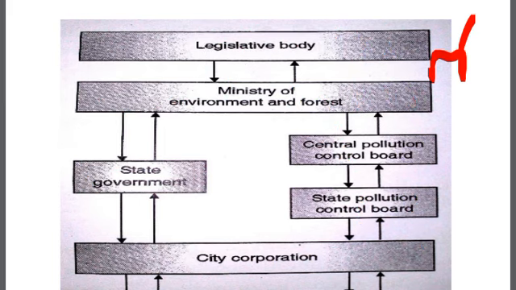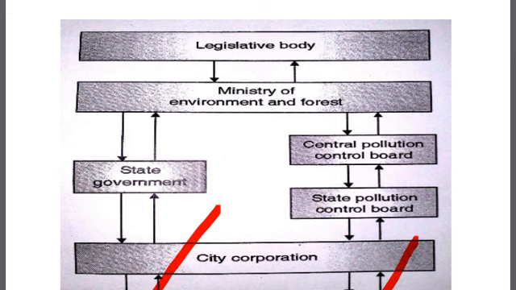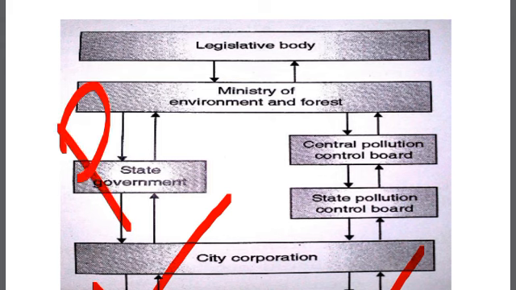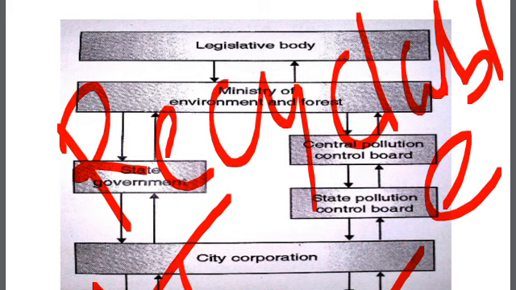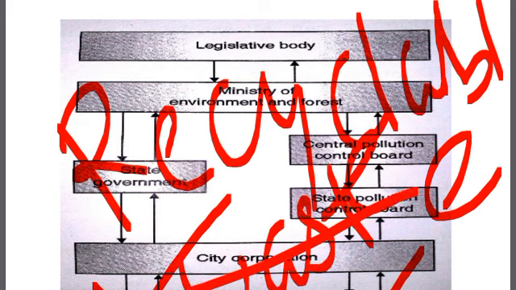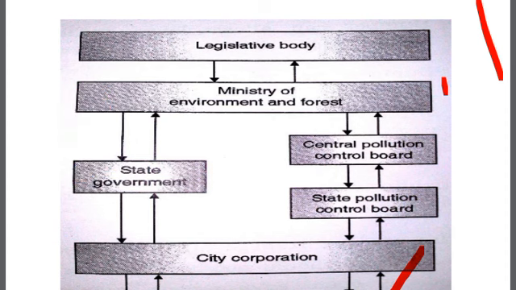Next, the private formal sector and private informal sector collect recyclable waste and transport it to the recycling facility. The function of these two bodies, private formal sector and private informal sector, is that they collect recyclable waste, and whatever recyclable waste is collected, they transport to the recycling facility.